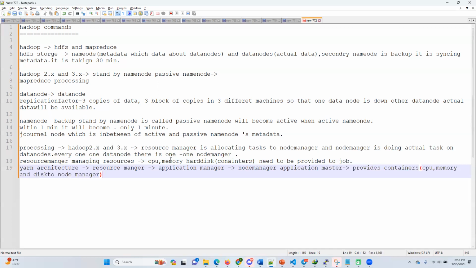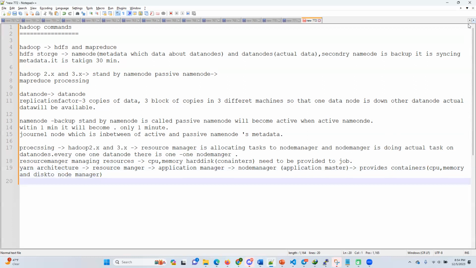So that particular node manager on the same machine is providing these resources. So who is allocating the resources? Primarily this application master, which is residing on the same node manager machine. The resources are called containers. So this is like a flow, right? Whenever a user is requesting to run a job,